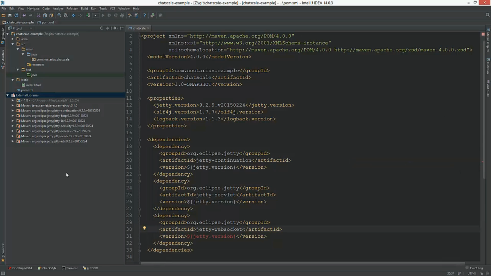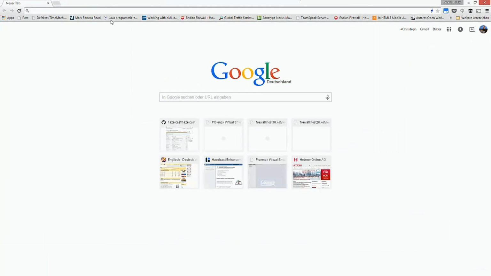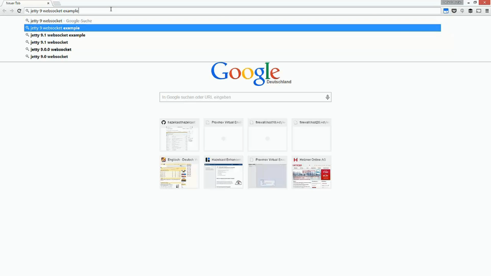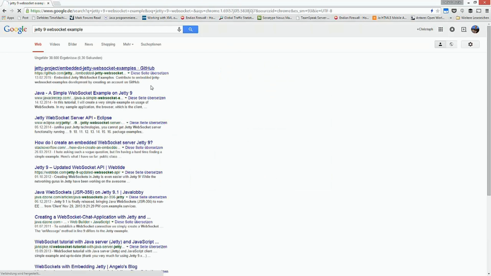Okay, so the number is not found. So let's start by just looking up something. Jetty WebSocket, oh, Jetty 9 WebSocket example, sounds good to me.